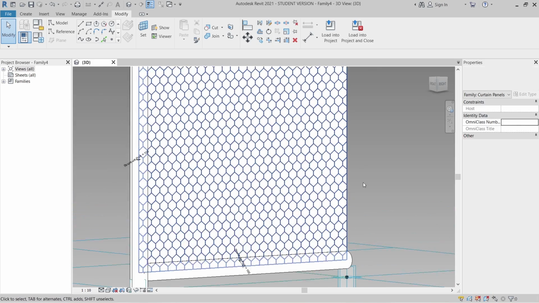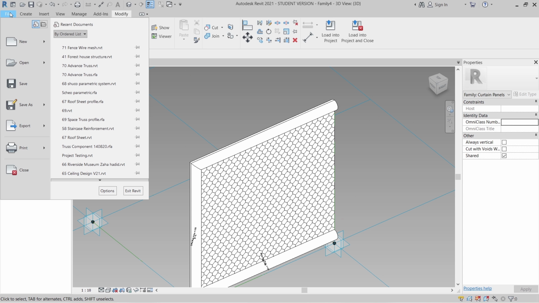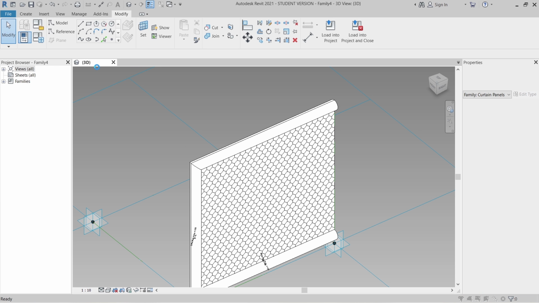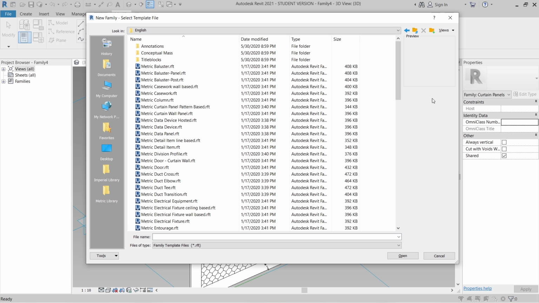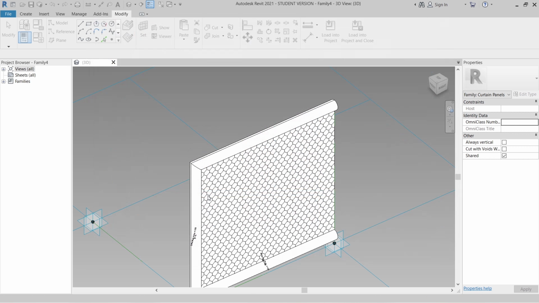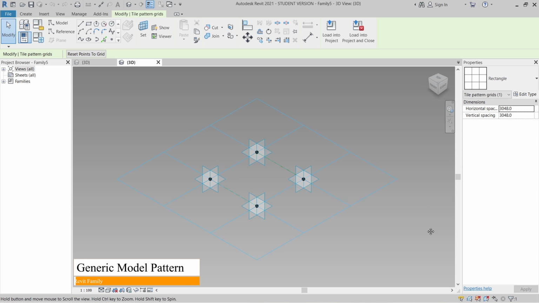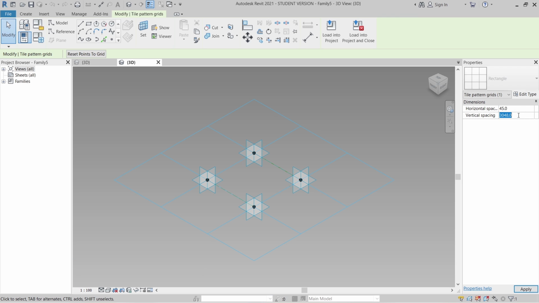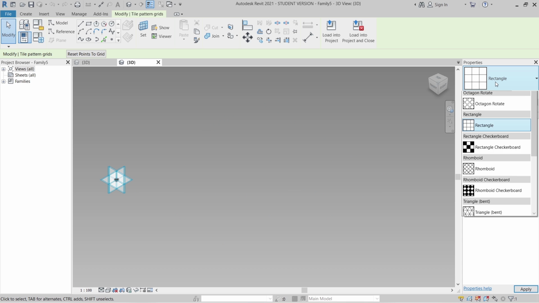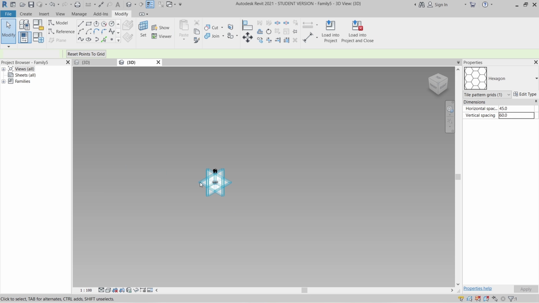It's time to create our wire mesh inside here. I can go to my file there, then drop down finding for family, English, then we're using for generate model pattern base again, double click here. I can select here. As I remember, my horizontal is 45 and my vertical is 60. Okay, this one actually I need to change shape for hexagon first. Yep, perfect.